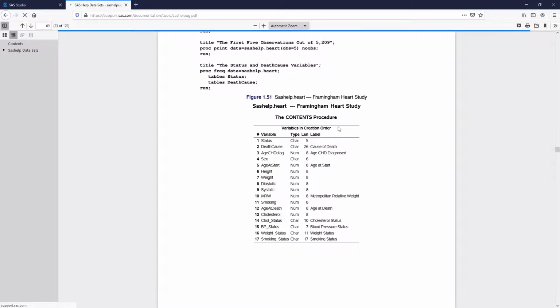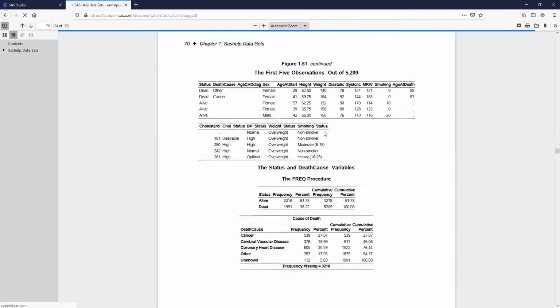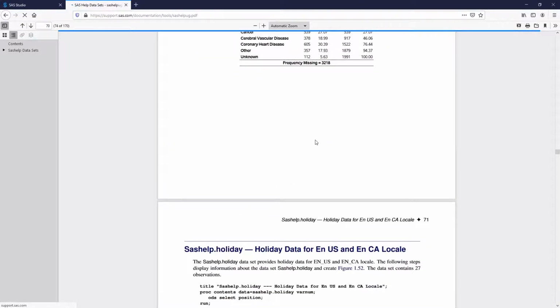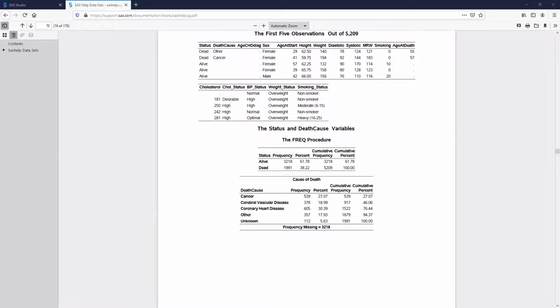This study was done on heart diseases, and according to the literature, the study was a long-term cardiovascular cohort study of the residents from Framingham City. That's a city in the United States.